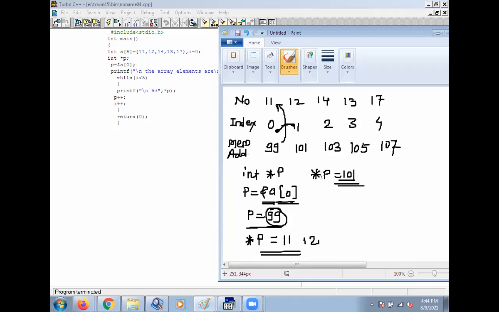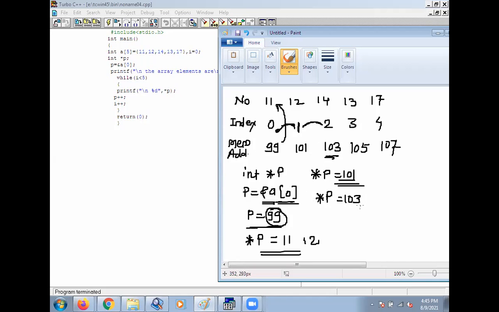Then increment value of p. So index of p 1, after that incrementation it becomes 2. So go to the second memory address, and increment value of i, it becomes 2. So star p is equal to 103.